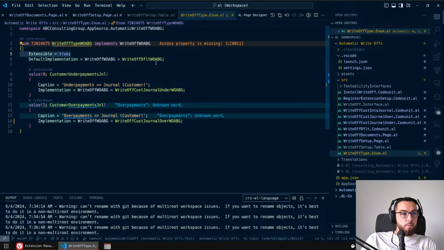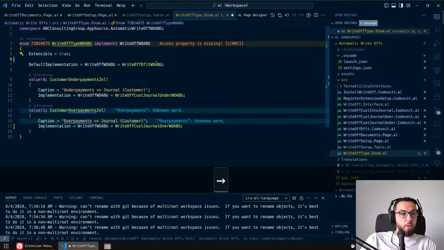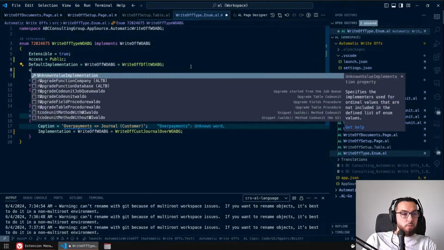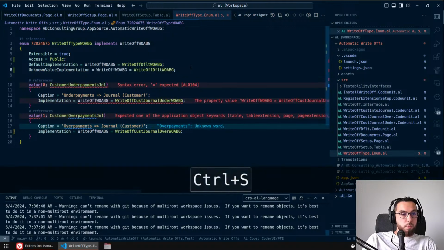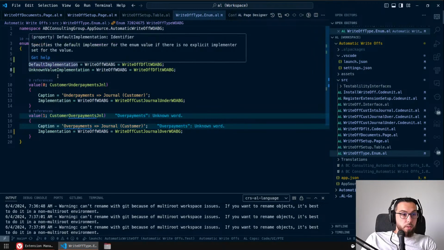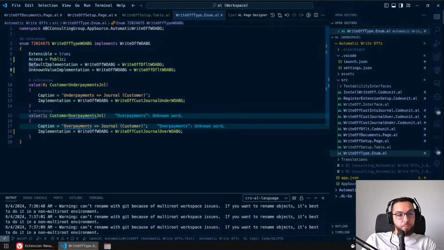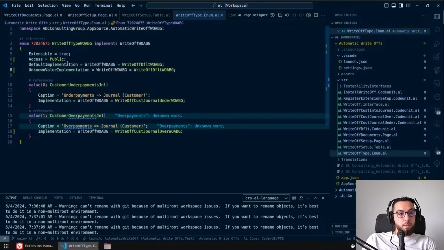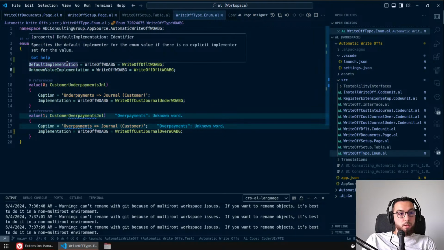Now the enum, this should be extensible, so access should be public. The default implementation is set. The unknown value implementation is not set, so we need to set this. So again, let me explain those in case you don't know. I think they got added actually later, like after interfaces got added to the language. The default implementation is the implementation that's executed whenever you